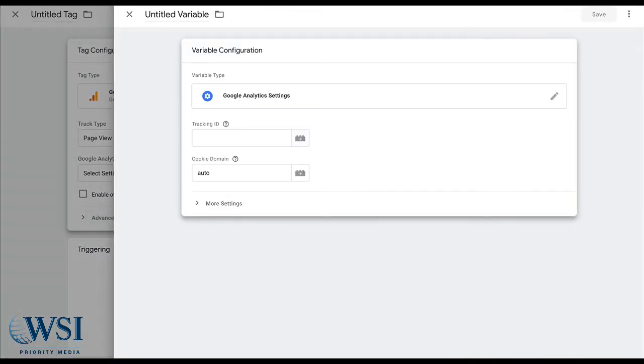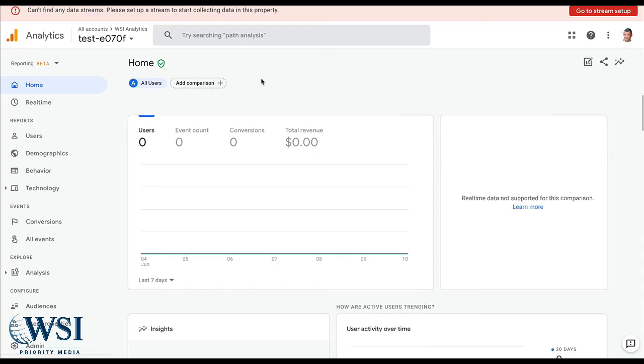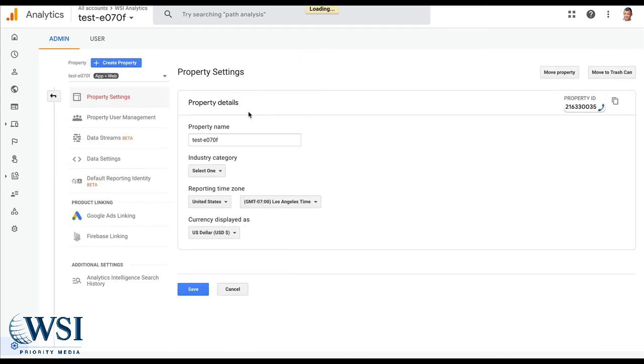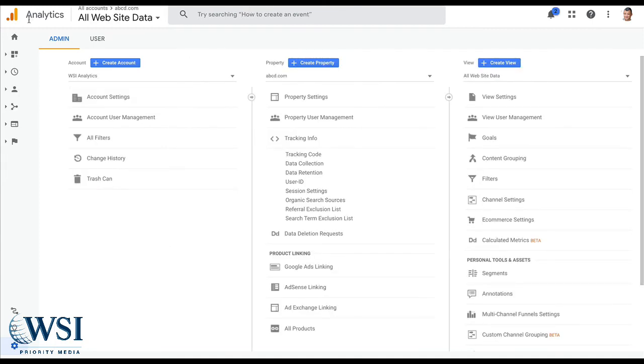In the new variable, you want to go into your analytics, and go to admin. From admin, we're going to get the actual page. So you go to the property settings here, and then you're going to get your UAID. What you do now is go into Google Analytics, go into the gear here, and that takes you into the admin.